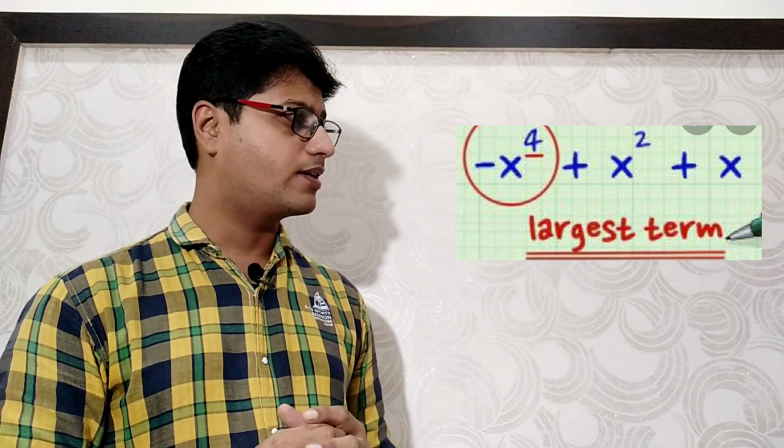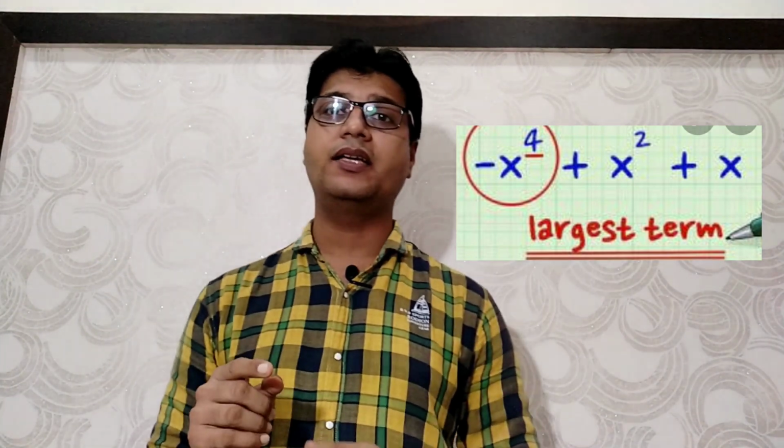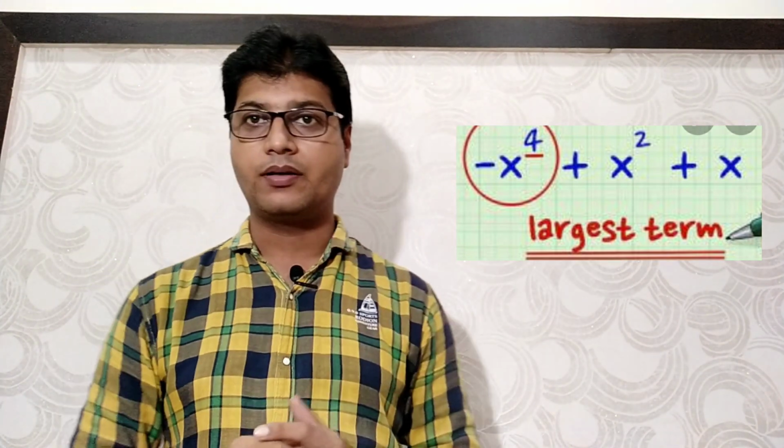Now let's see the next term and understand it, that is degree of a polynomial. What do you mean by the term degree? The highest power of the variable in a polynomial will be called the degree of the polynomial. If the polynomial is in a single variable, then the highest power of that single variable in the given expression will be called its degree. For example, here in this example, the highest power is 4 of x. Therefore, 4 will be the degree of the given example.